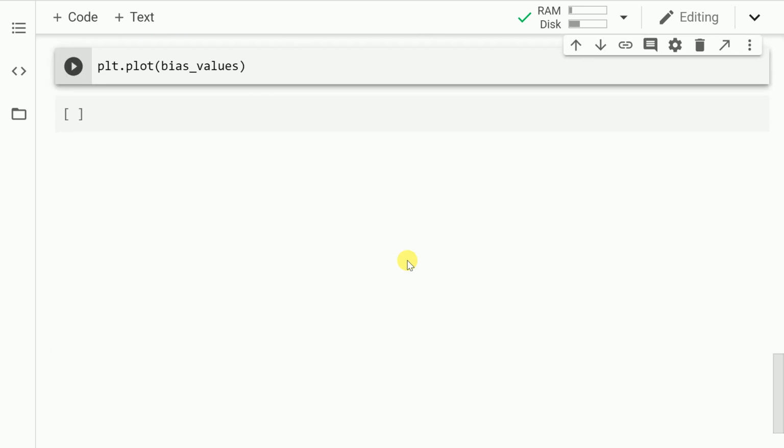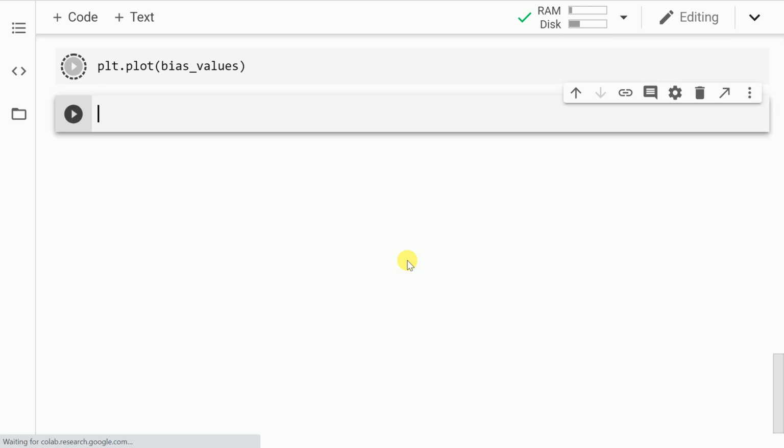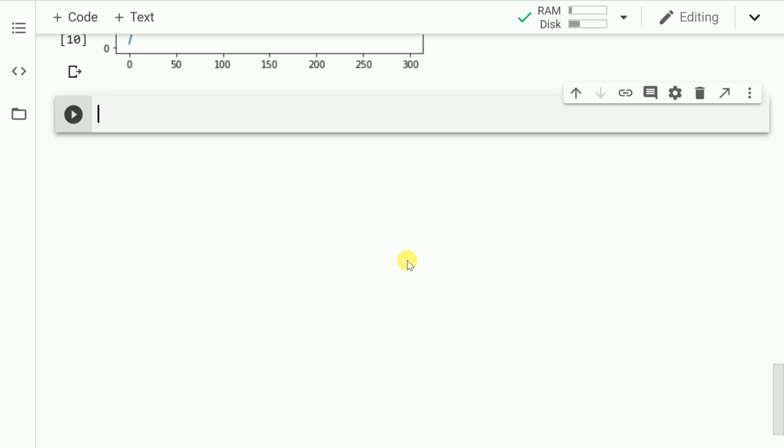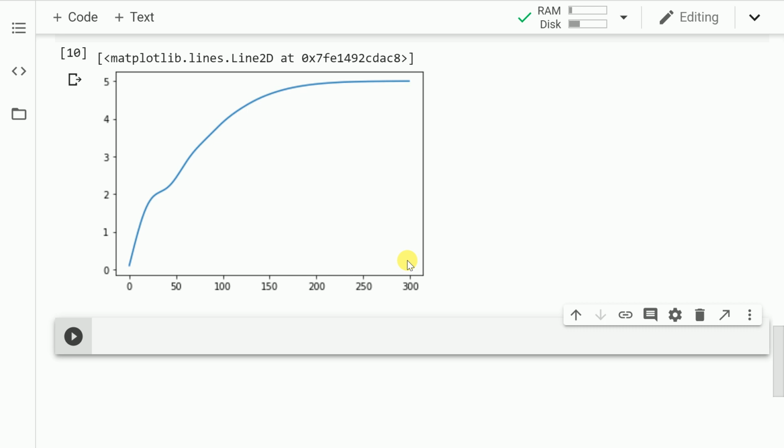Let's also plot the bias value. So again, let me repeat, the equation of the line was y equal to 2x plus 5. Initially, the bias was initialized at 0. So with every epoch, it kept on increasing. And by the end of 300 epochs, it was able to reach the optimum value, which is 5. So this was a small demo that I planned in order to show you the capabilities of how you can smartly use callbacks in your overall workflow when you create TensorFlow or Keras models.